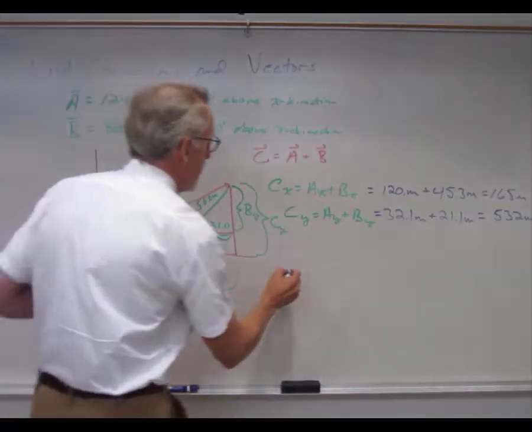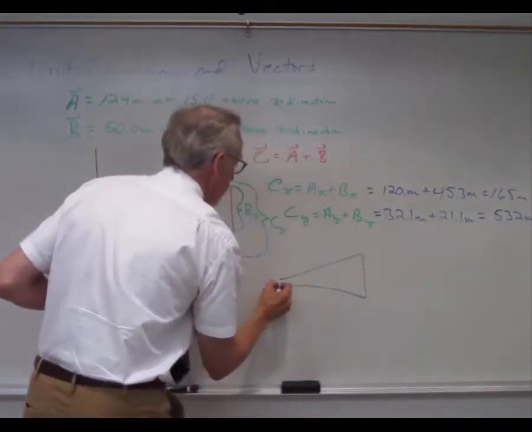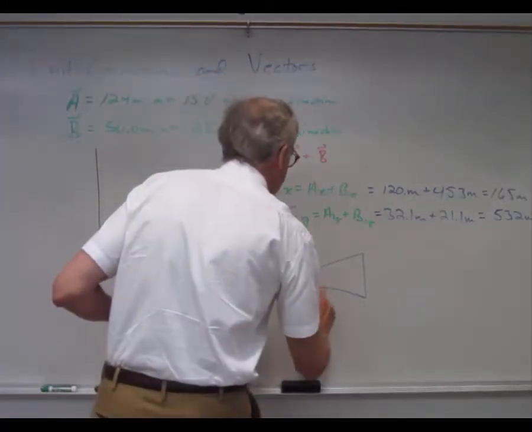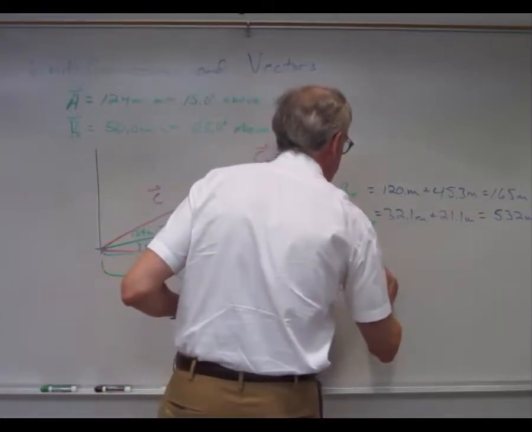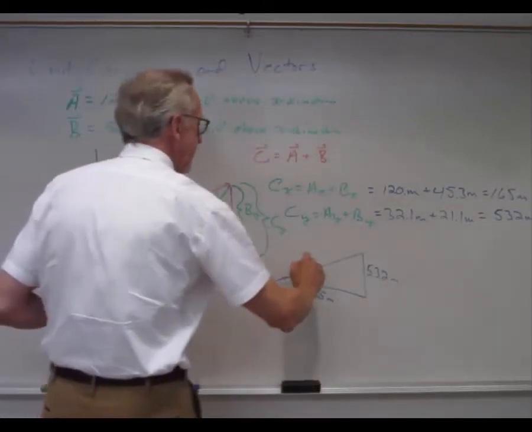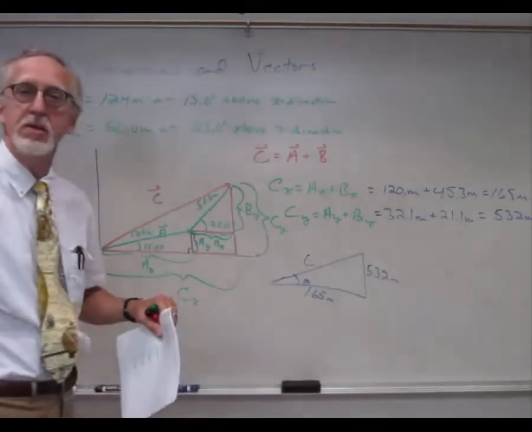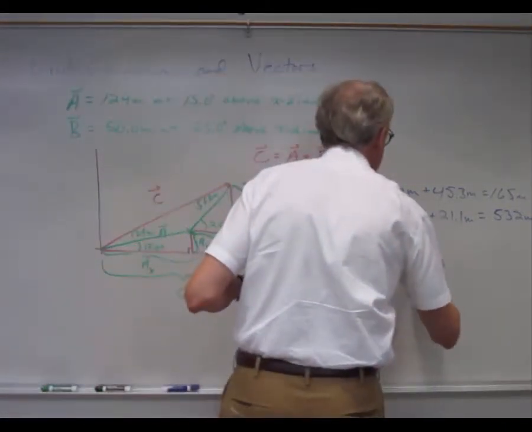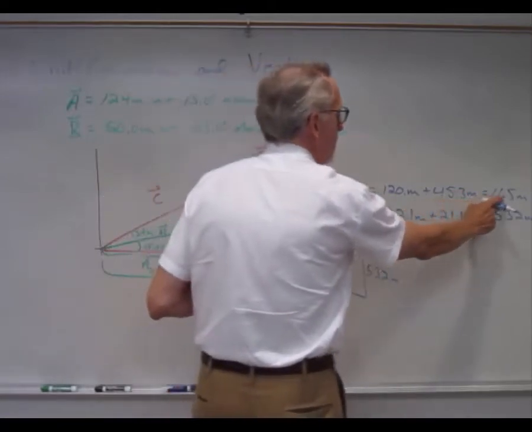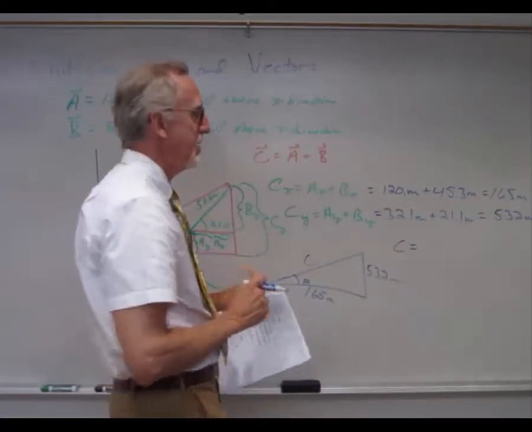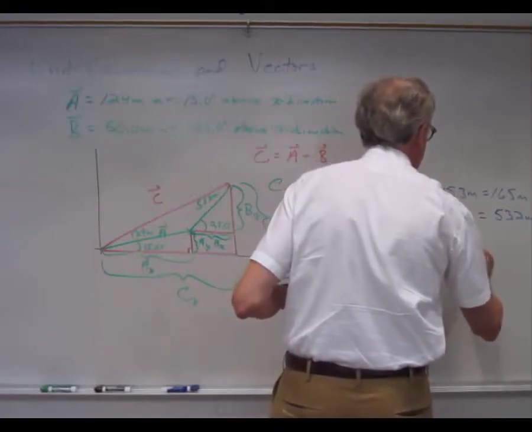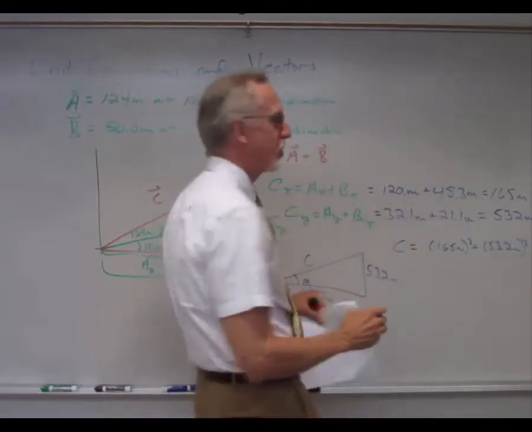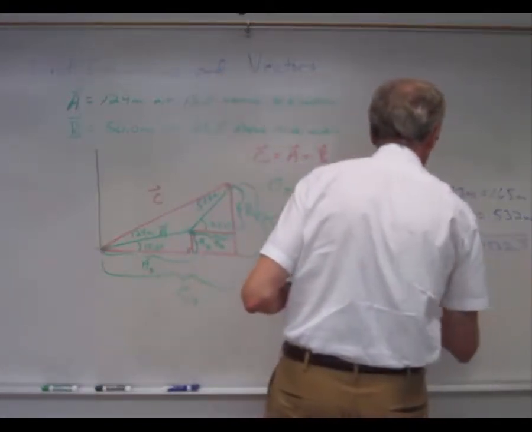Now what do we have? Well, now we're back in the position where we were with the last example with D1 and D2, where Cx is 165 meters and Cy is 53.2 meters. And what we want to find is the magnitude C and the angle theta. C is equal to the square root of the components squared and added. So that's going to be 165 meters squared plus 53.2 meters squared, square root, which gives us